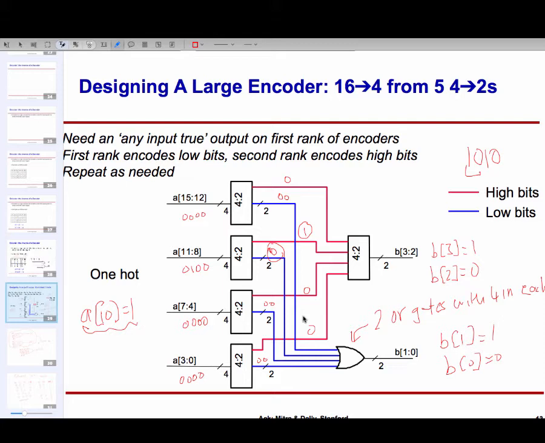What this says is that I take the lower bit from each pair, feed it into an OR gate, and I get the lower bit of the output. And from each one of the blue wires, I take the upper bit, feed it into another OR gate, and I get the upper bit of the output.